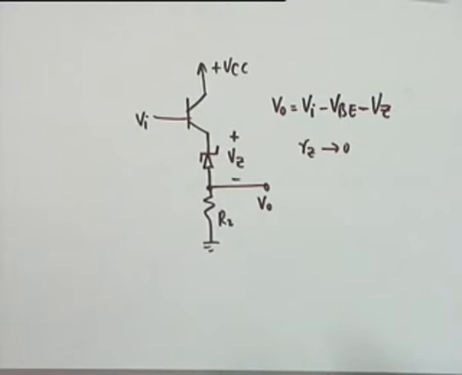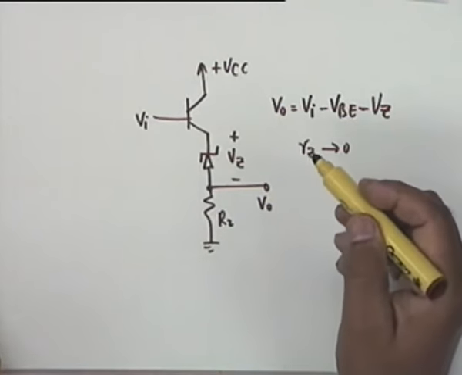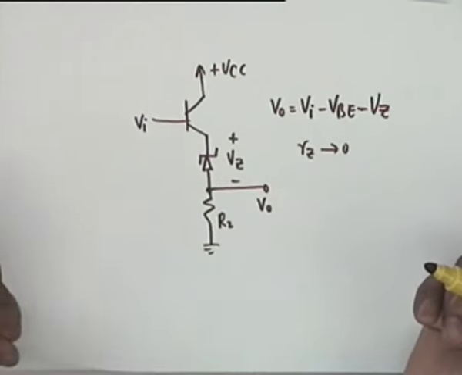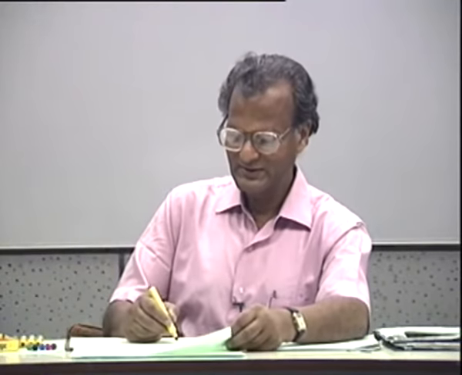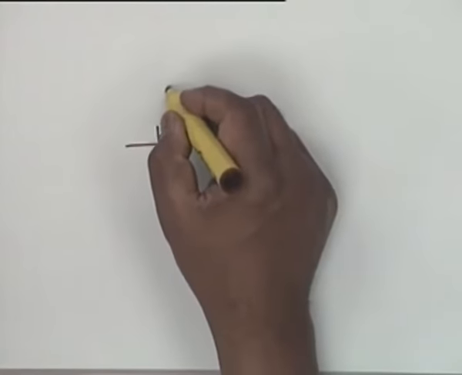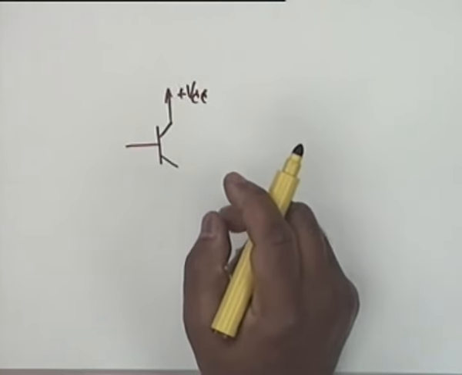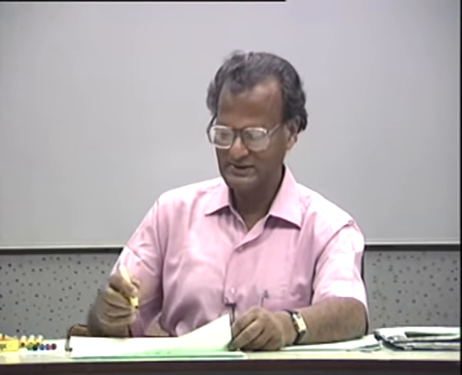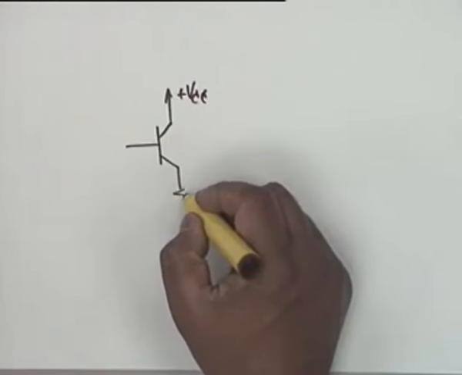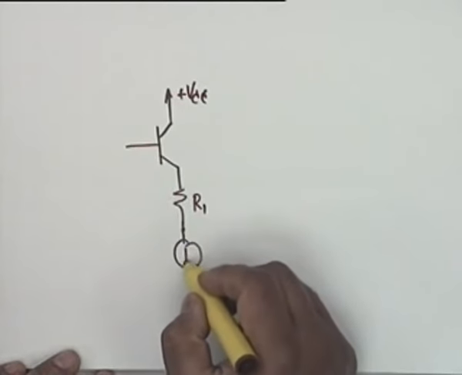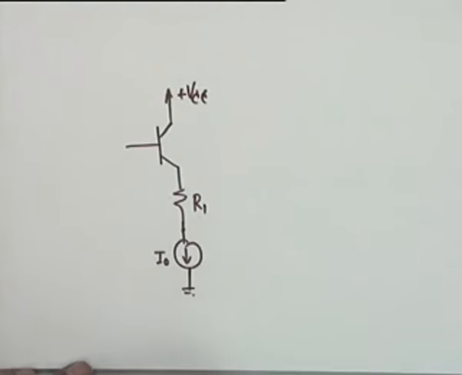The other thing that can be done is, instead of changing R1 to VZ, let's keep R1 the same. These are various techniques that have been used in op-amps. The op-amp design is as good as 30 years old now, 1964 or 65, and various techniques have been used. One of the things that has been used is, you keep R1 the same, but instead of R2 use a current source, I0. In any case you will have to use a current source for biasing.